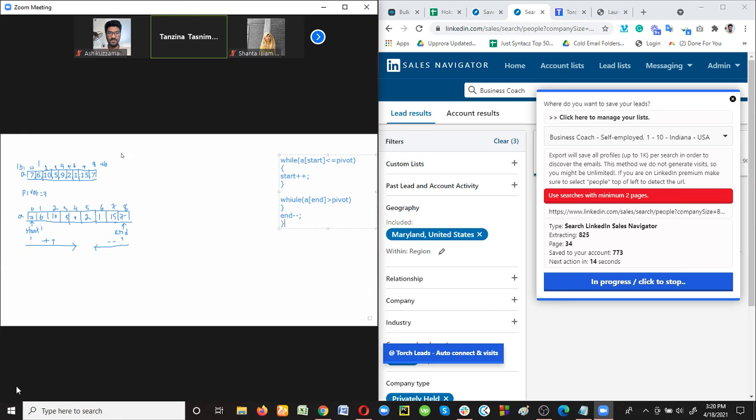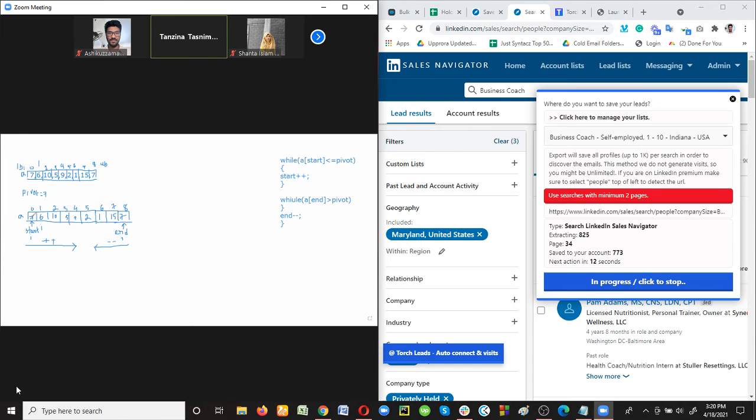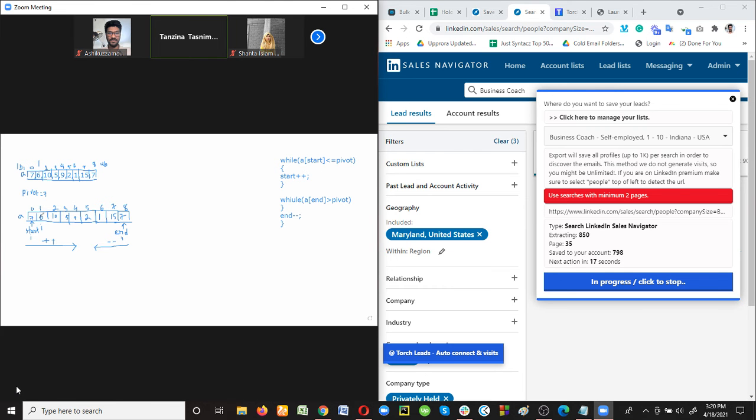Initially, what is the value of I or start? Start equals 0, so a0 equals 7 and pivot equals 7. That means we have to increase the value of this pointer I. So I plus plus, now I equals 1, so a1 equals 6. Is it less than pivot?